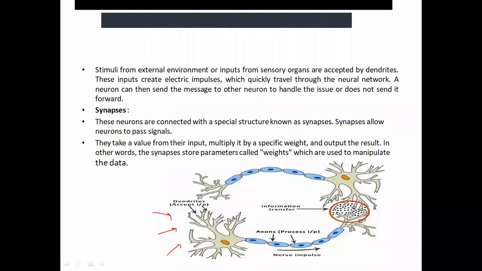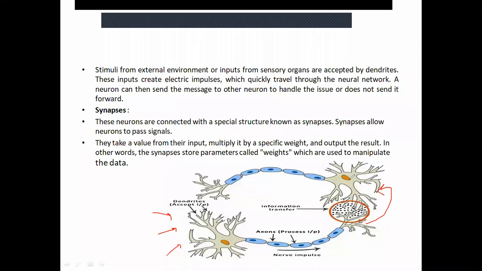Some chemical changes will take place over here. Or simply you can remember it like this: through these synapses, the information is being passed from one neuron to another neuron. Or these synapses will decide whether this information is to be passed to this neuron or not. Okay, what the other functions of synapses are, I will take later on.